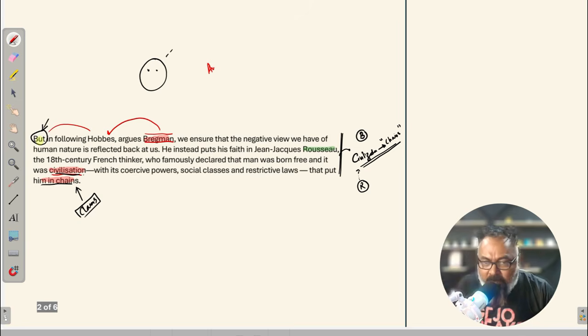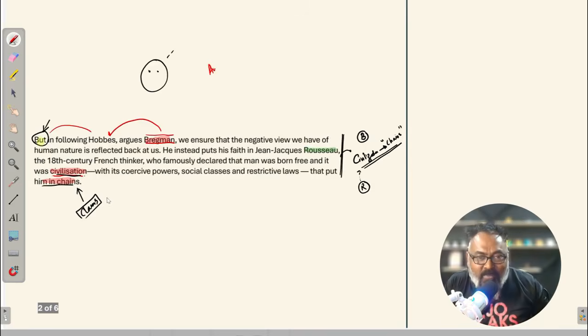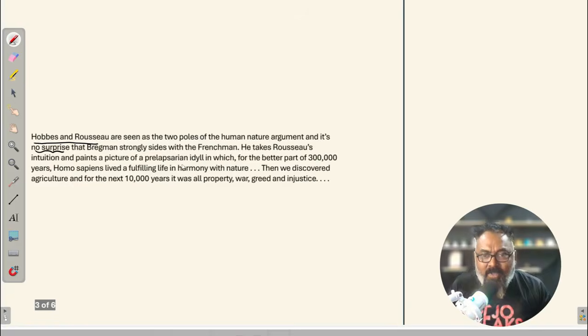Where is it going? Hobbes and Rousseau are seen as two poles of human argument. And it is no surprise that Bregman strongly sides with the Frenchman. Yeah, we already mentioned. Now the author is saying that Bregman is siding with Rousseau. Okay, we understood this. Tell me why. He takes Rousseau's intuition and paints a picture of